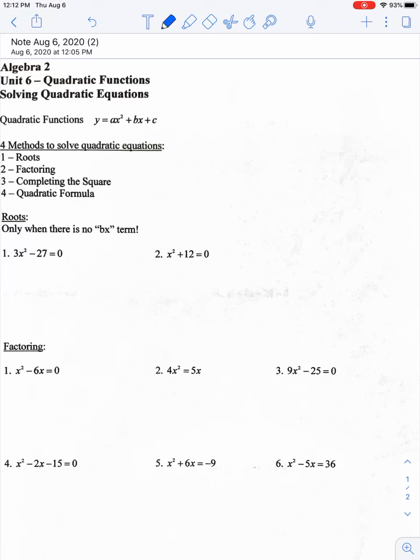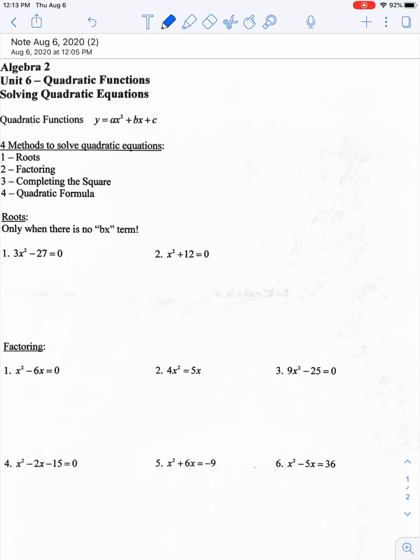Okay, so this video is going to review how to solve a quadratic function, which you've done in Math 1 and then built on in Math 2 and then touched on again in Math 3. We're going to do things like root both sides of an equation. We're going to factor and set each factor equal to 0. We're going to refresh on the basics of completing the square and go much more in depth in that in